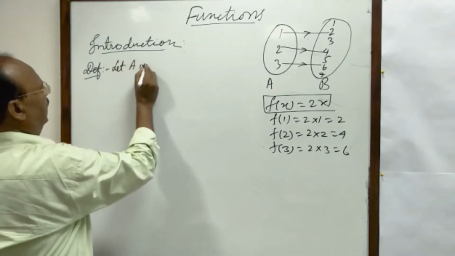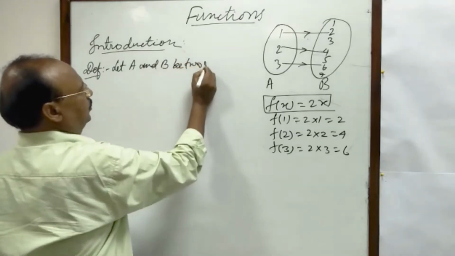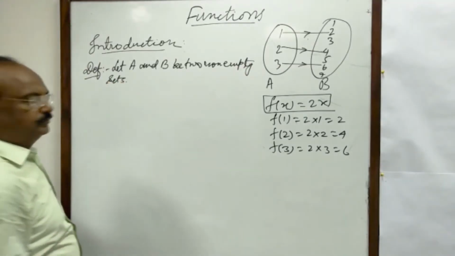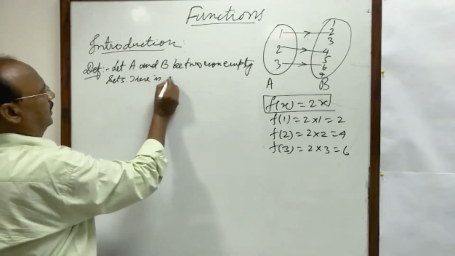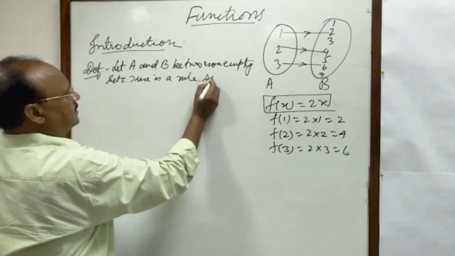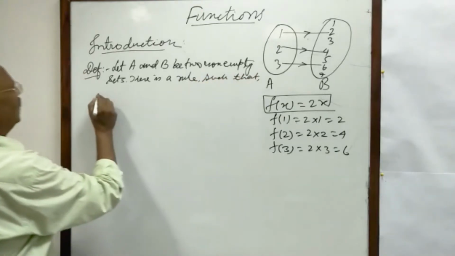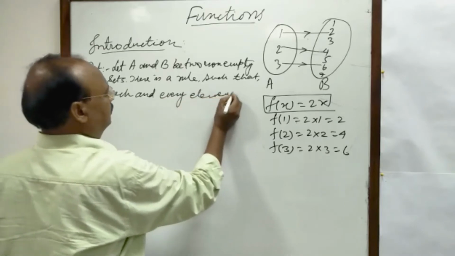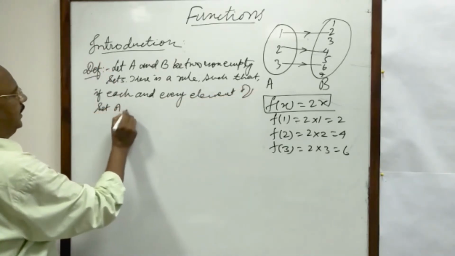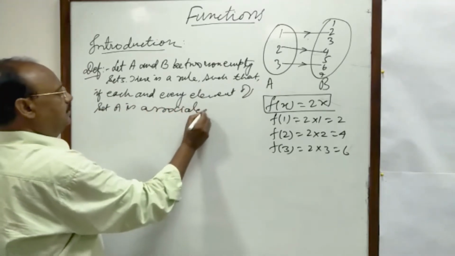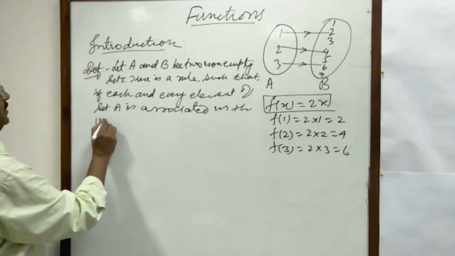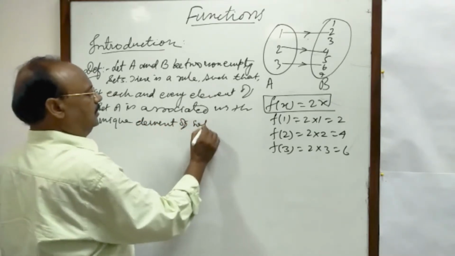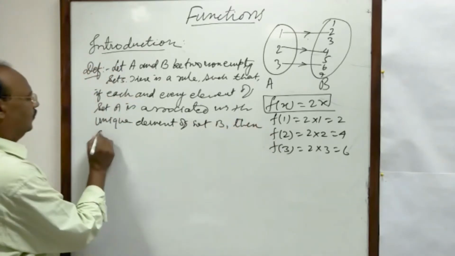Let A and B be two non-empty sets. If there is a rule such that if each and every element of set A is associated with a unique element of set B, then a function